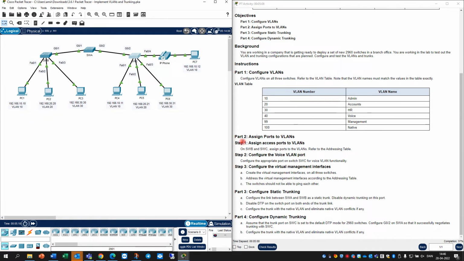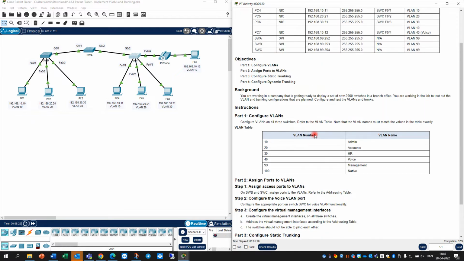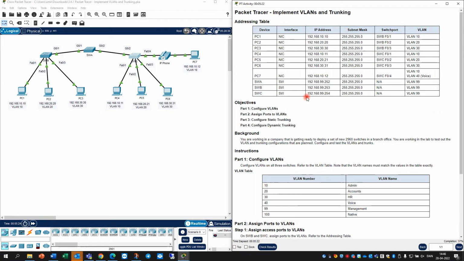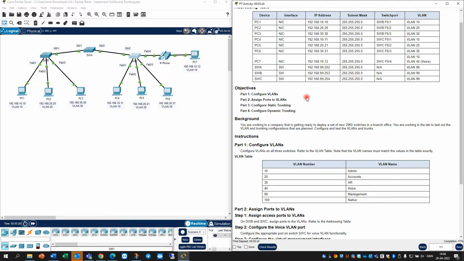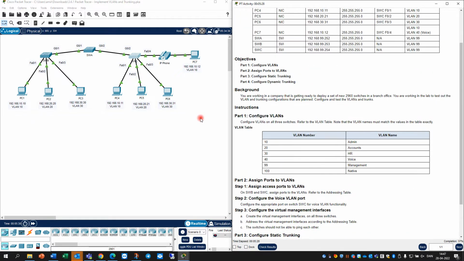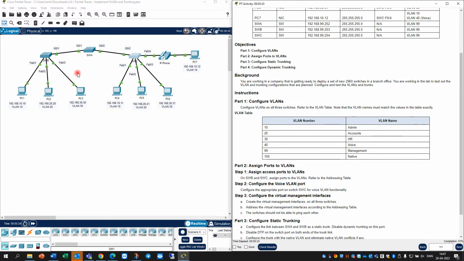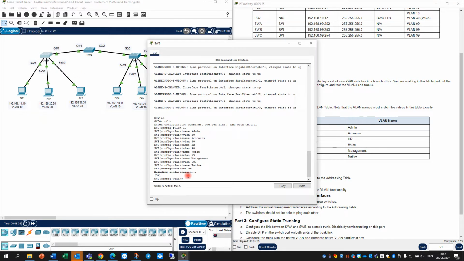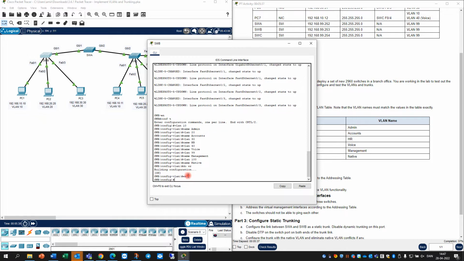In the next part, we should assign ports to VLANs. Assign access ports to VLANs on switch B and switch C. Refer to the addressing table. This is the addressing table here. We should assign them, for example, on switch B first. We should go here, exit, and come back to